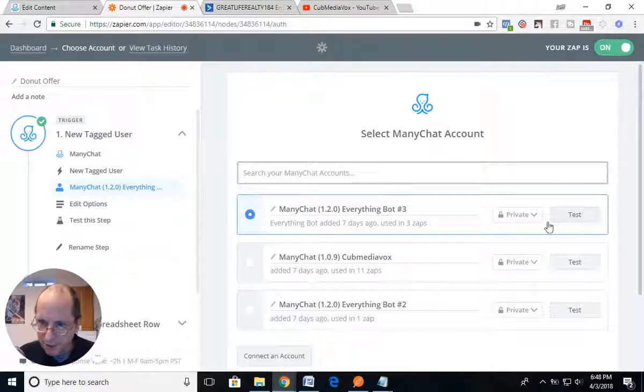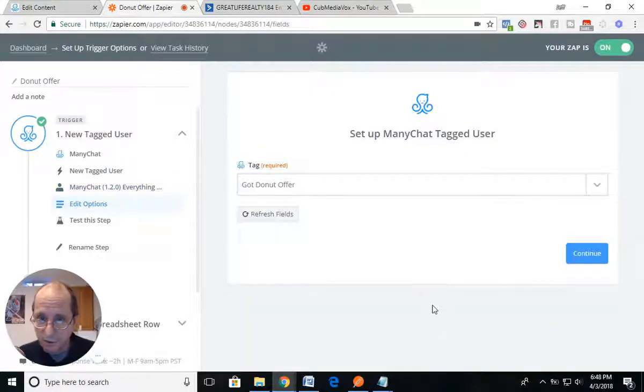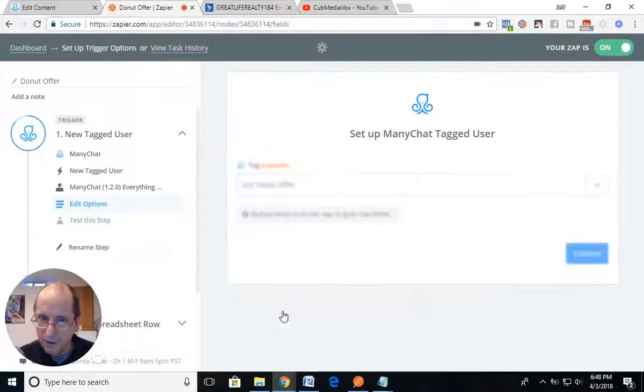And then you can connect to the account that you want the offer coming out of in ManyChat. Go continue. And then you're going to go grab that new tag, Got Donut Offer. And so it's going to go grab that. What I would suggest is when you're setting these Zaps up,